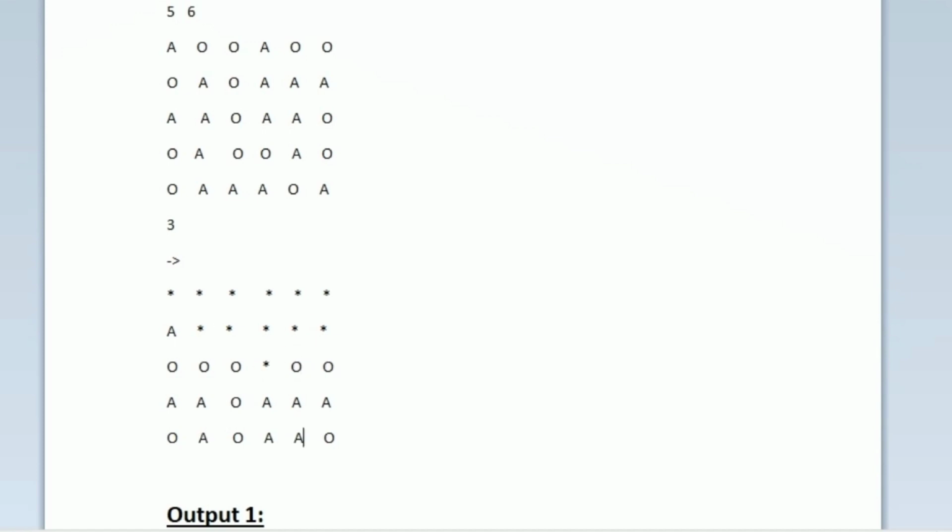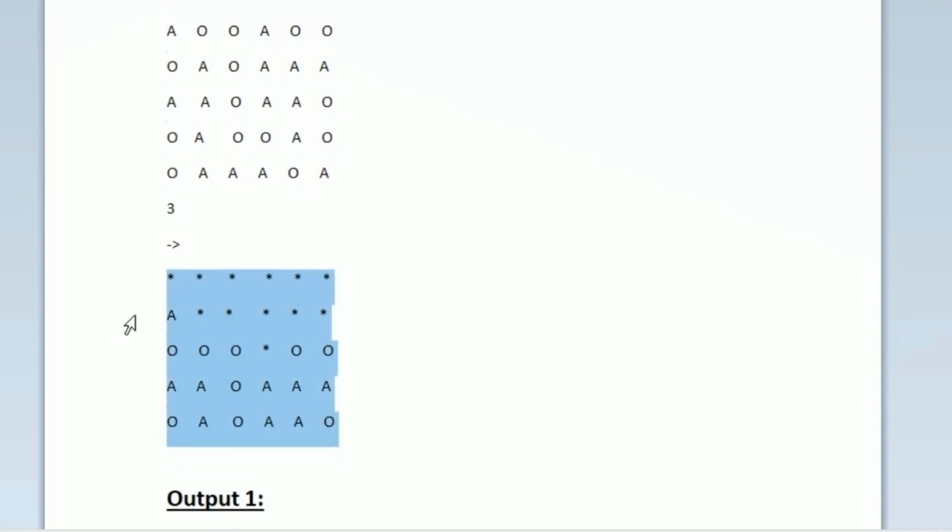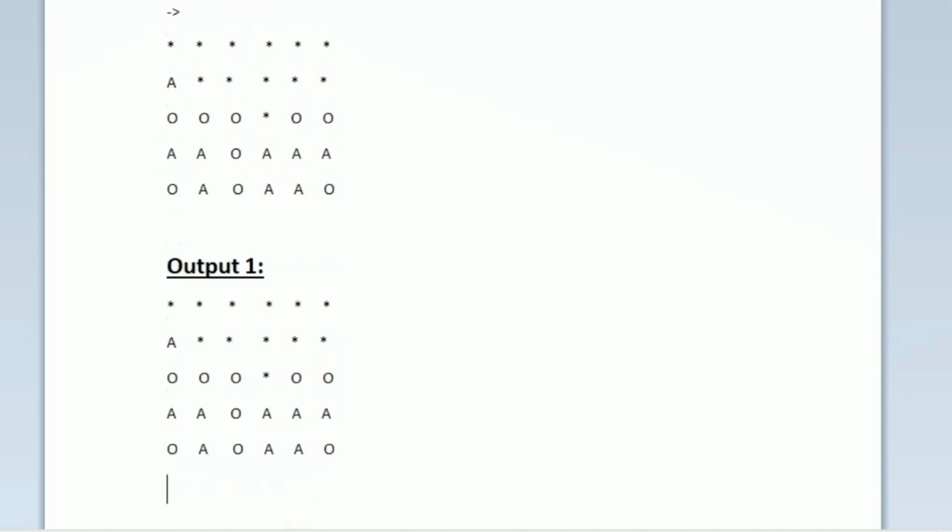Again, as per the previous logic, I am updating all the columns of the matrix. Finally, after updating all the columns, this is how our updated matrix looks. In our output, we have to print this updated character matrix. So this is our required output. Now let us see how to write a C program for this.